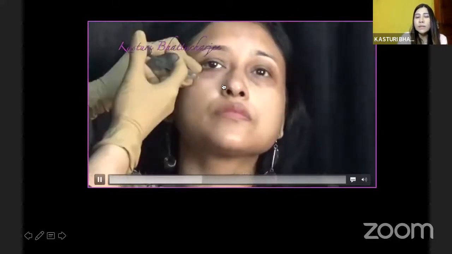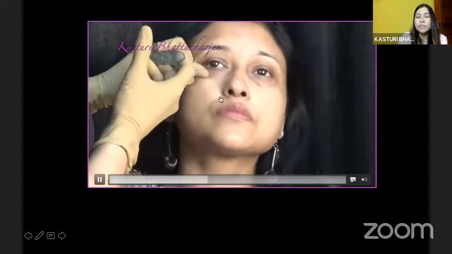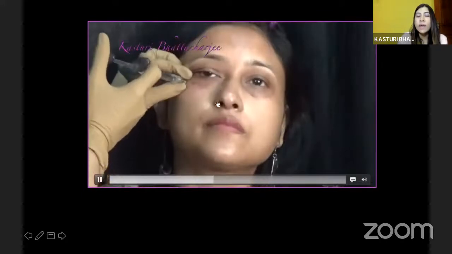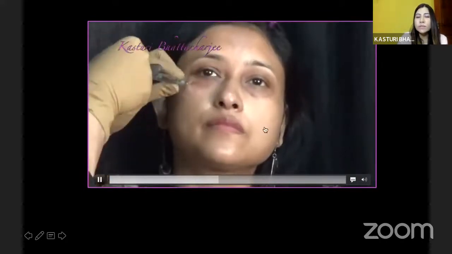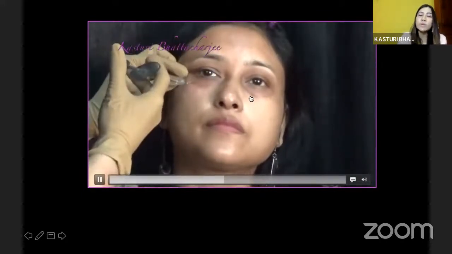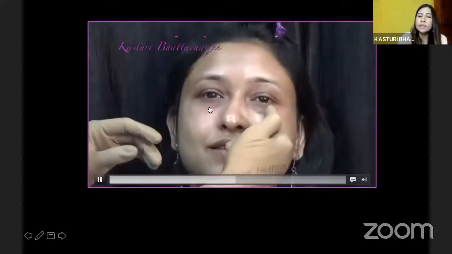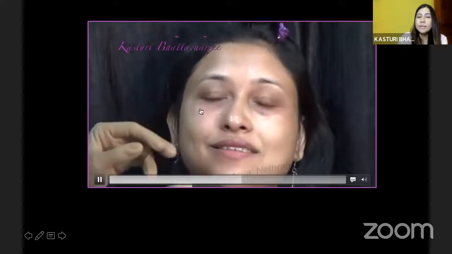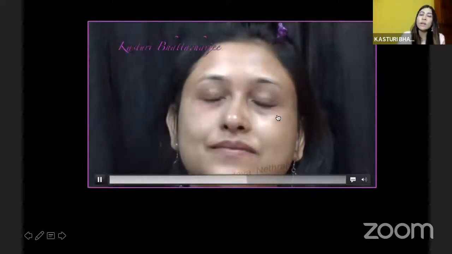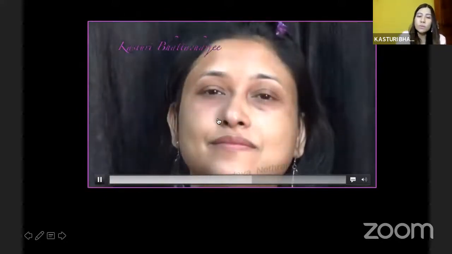And you can see here, this is a girl where I'm trying to manage the tear trough. I'm injecting on one side. And the moment I complete one side, you'll see this is the side yet to be injected. And what you see, the tear trough is being nicely taken care of. You'll see a good concealing of this eye bag. And this is the side injected, and then you go to the other side. So this is what we do in most of the practice.